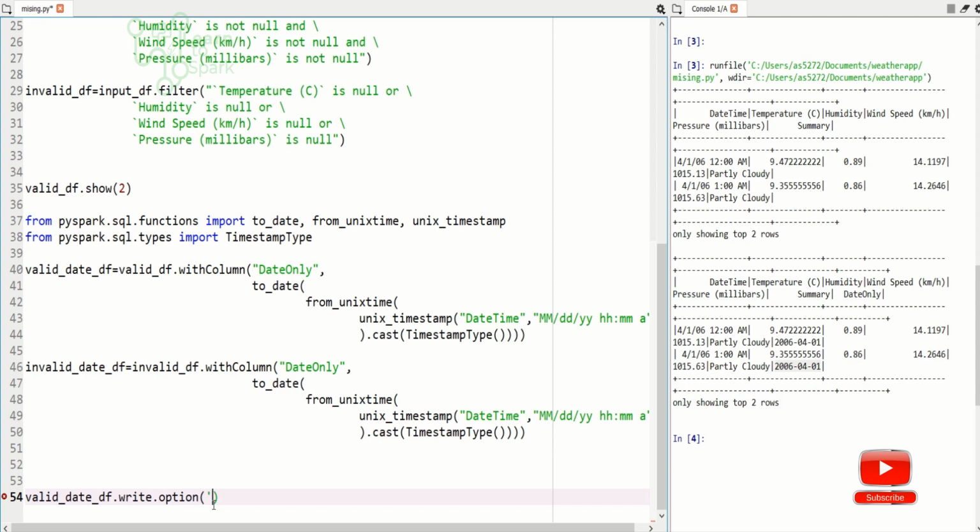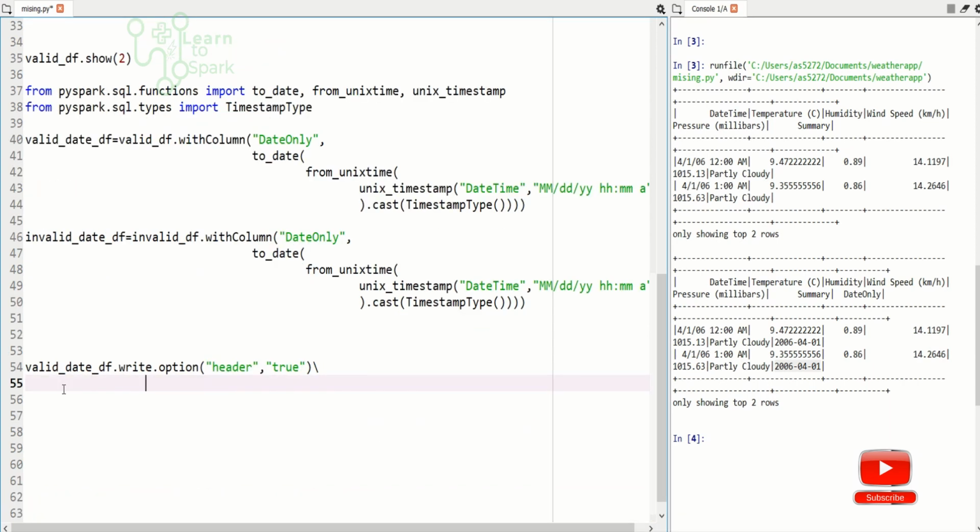Options will be header is true, I will give a mode as overwrite, and I will add a partitionBy now, and here I have to give the column name.